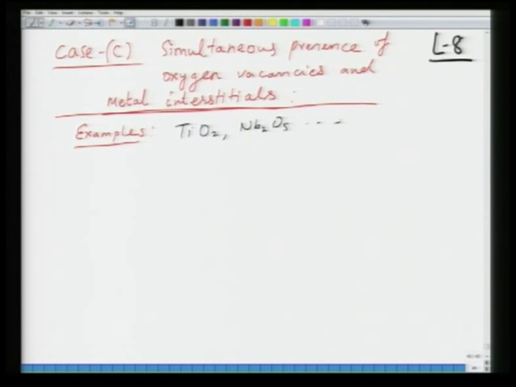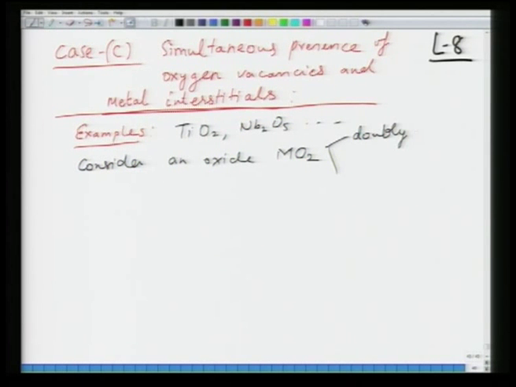So, all these oxides show not only oxygen vacancies, but also metal interstitials, and this is simply because the metal ion tends to be smaller. Titanium is a smaller cation. So, as a result it tends to go to vacant interstitial sites. Now, we will take an example. Consider an oxide, let us say MO2, and this oxide has